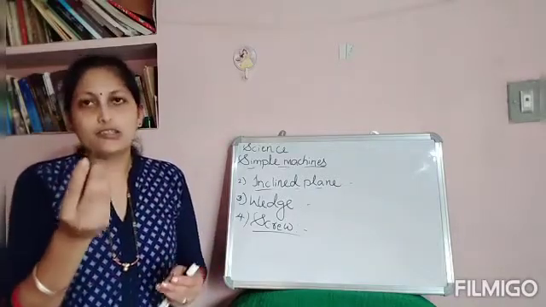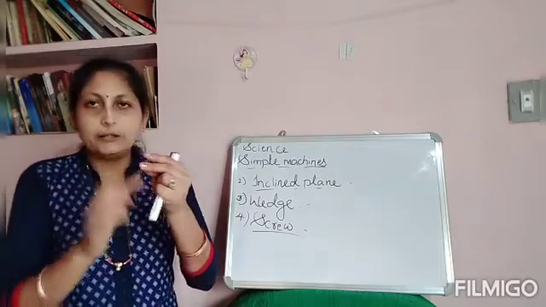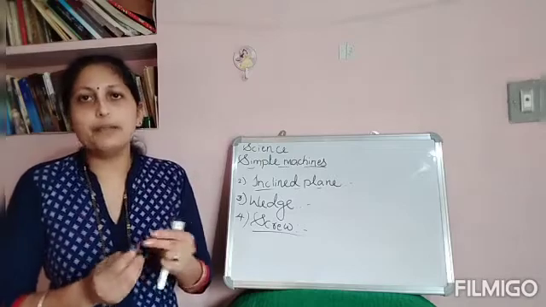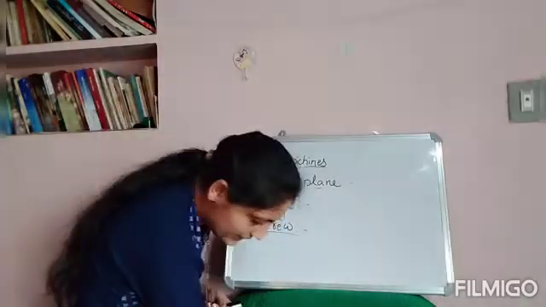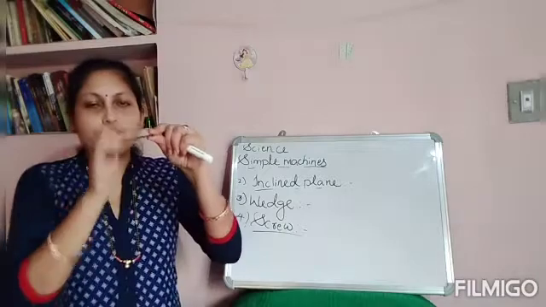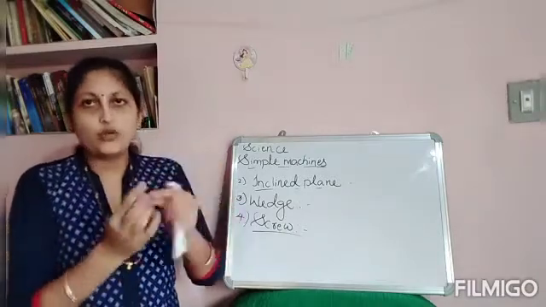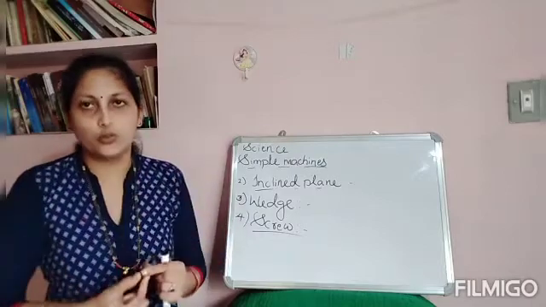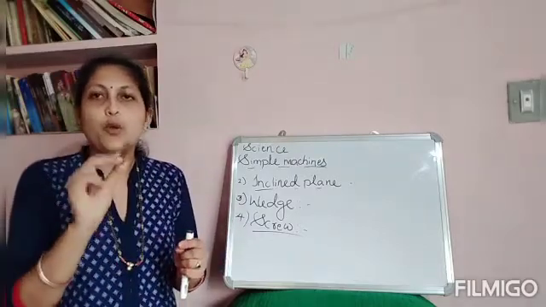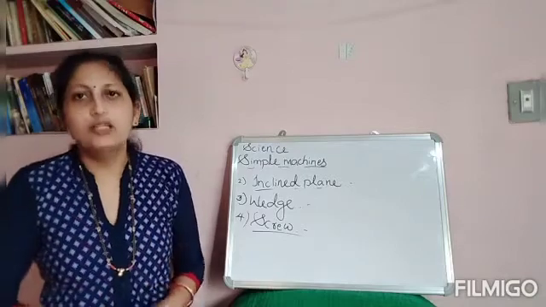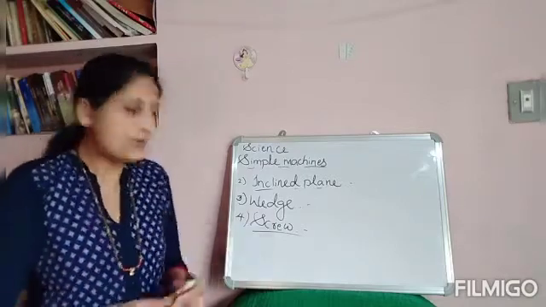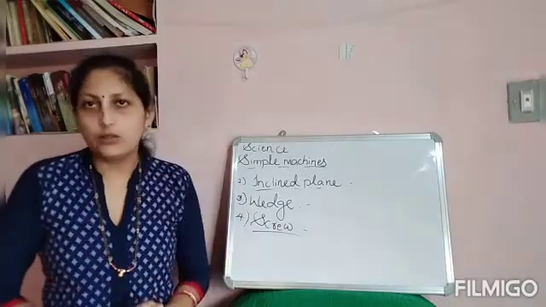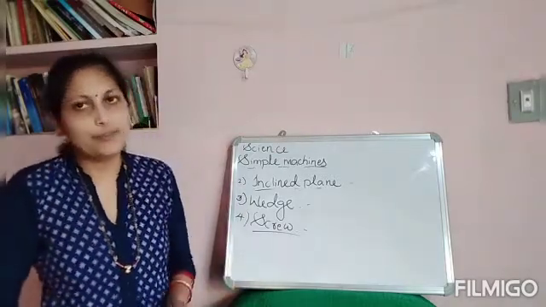These screws are inclined planes wrapped around a cylinder. For example, here is a nut. If you wrap an inclined plane around this, you will get these ridges. That is a screw. It is used for holding objects firmly. So these are all examples of screw: screw, nut and bolt, okay.